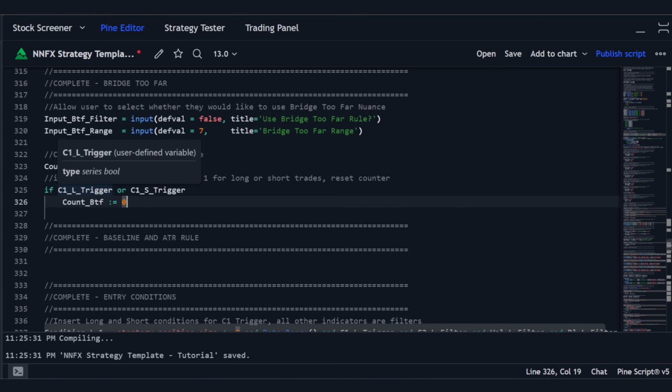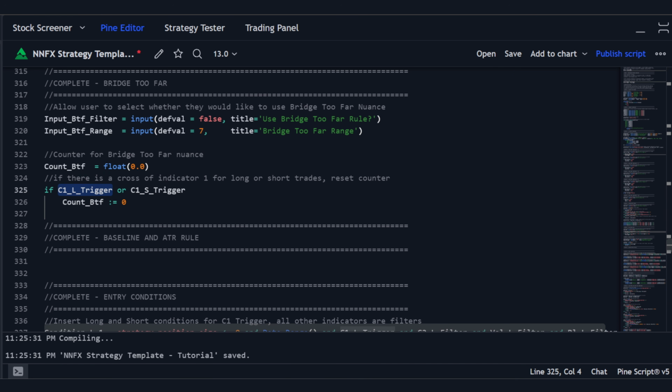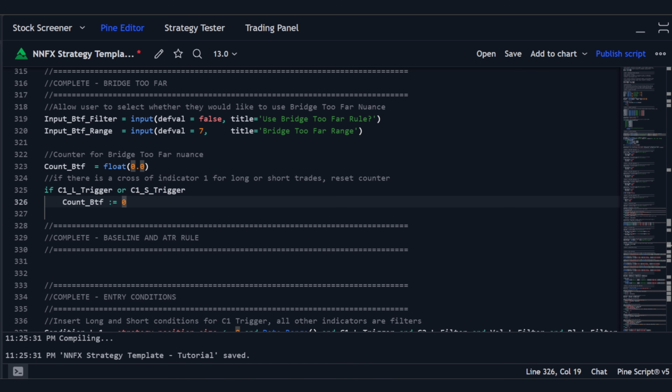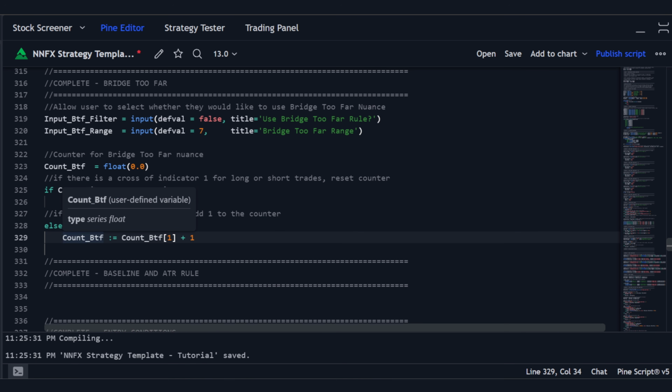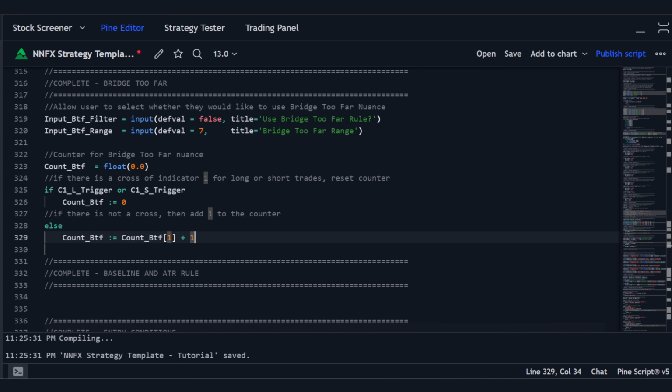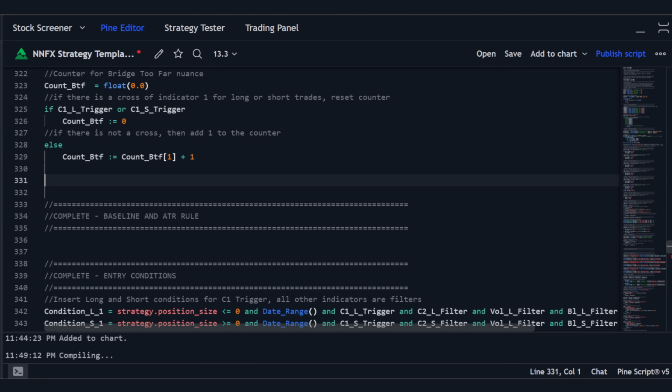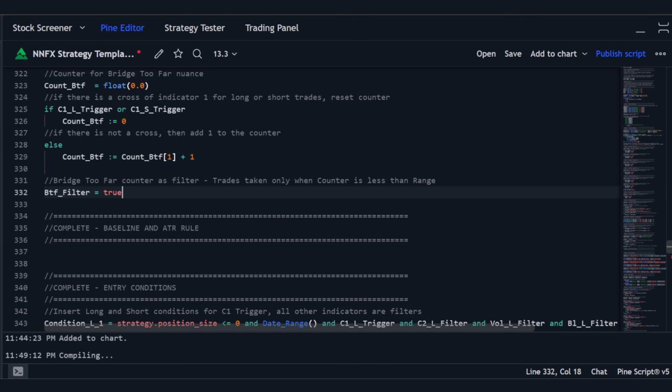We want the counter to reset when our C1 long trigger has occurred or our C1 short trigger has occurred. The counter resets to 0. Else the counter bridge too far is equal to the previous count plus 1. Now what we can do is add in the trade functionality for the bridge too far rule. By default, what we're going to do is add in bridge too far filter is equal to true by default,